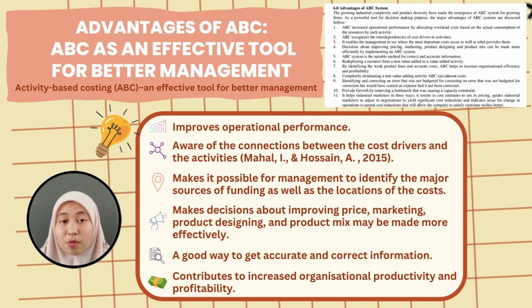The following are some of the main benefits of the ABC system as an influential tool for decision making. Firstly, ABC improves operational performance. This is by allocating overhead costs in accordance with the actual resource consumption by each activity. Secondly, ABC is aware of the connections between the cost drivers and the cost activities. Thirdly, ABC makes it possible for management to identify the major sources of funding as well as the locations of